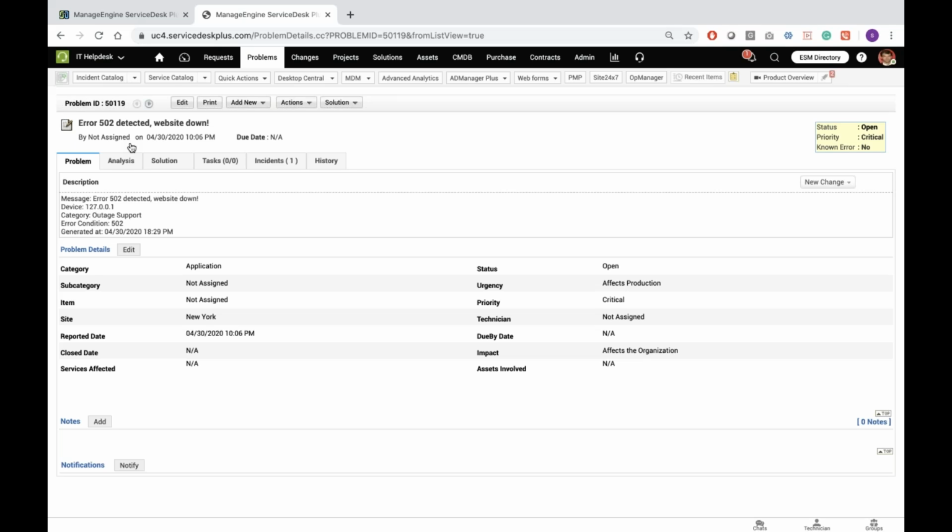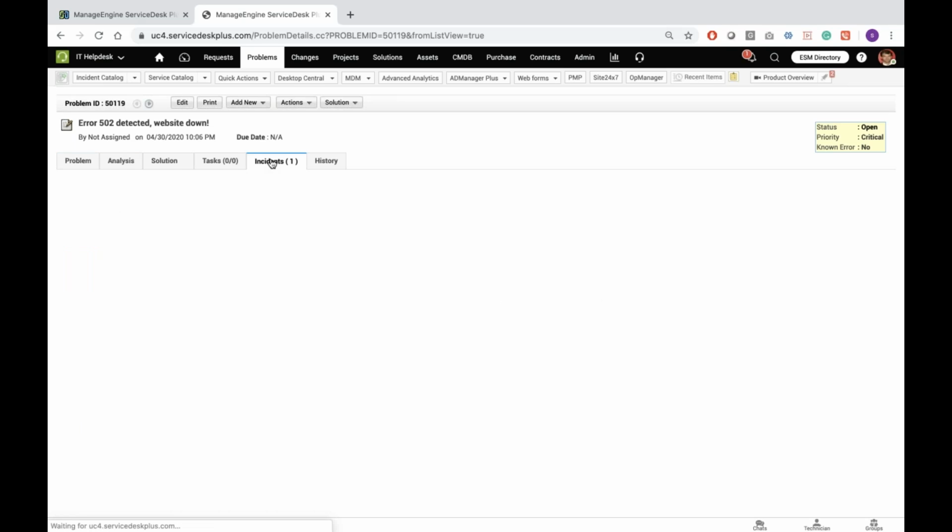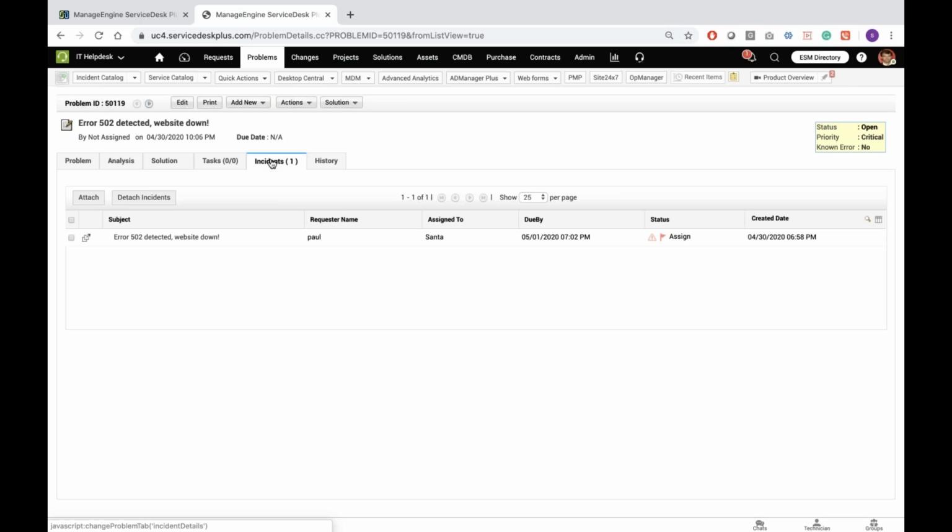Likewise, a problem could be a problem reported directly, or it could be an evolution from an incident that has been reported by many users. So likewise, you could have the change triggered from a problem or an incident or from a project, or even as a change by itself. So this way, each of these modules integrate with each other.